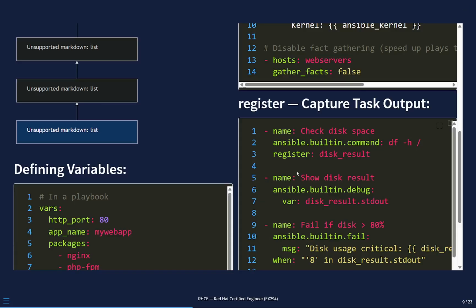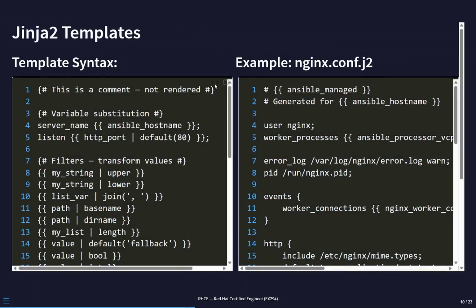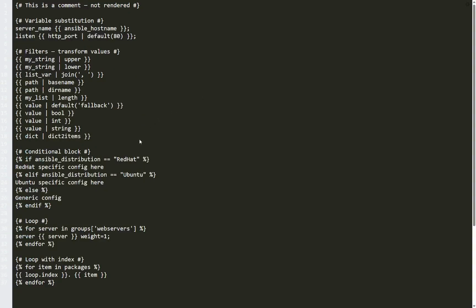Next, Jinja2 is the templating engine embedded in Ansible. Any file processed by the template module is run through Jinja2 before being deployed. Understanding Jinja2 is what separates copy-paste playbooks from real automation. The three delimiter types: double curly braces for variable substitution and expressions, curly-percent for control flow, if statements and for loops, and curly-hash for comments, stripped from output. Next, filters transform values. upper and lower change case. default provides a